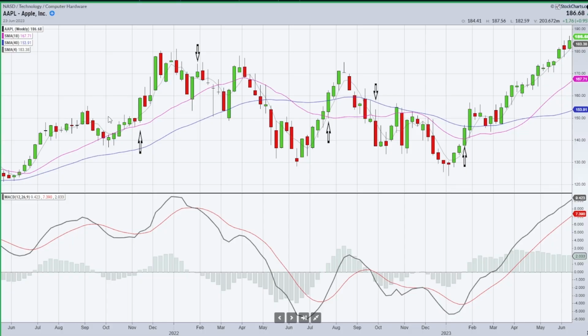Okay, so I've got a chart of Apple using a weekly chart, and I've got these up and down arrows just showing the crossover signals where MACD is crossing over its signal line. That's where these are lined up. What I wanted to do is just give you a feel for the way I look at it. I did this for a long time, especially when I was short-term trading, watching these crossovers,